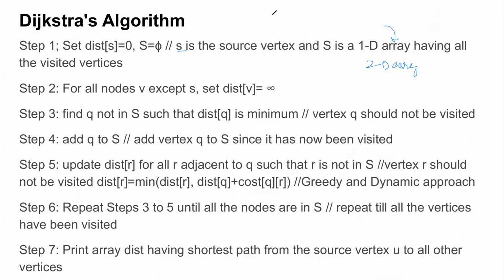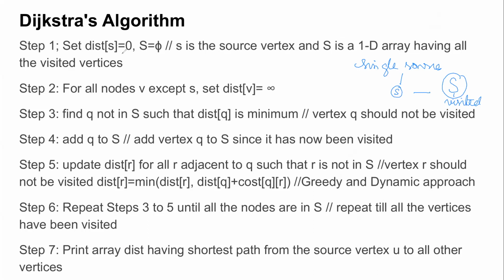Good. Okay, so what we are going to do, as I said, is a single source shortest path. Let that single source be small s. I maintain a capital S as a set, as an array, of all the visited vertices. Visited means, as I need to find the shortest path from this single source small s to all the vertices, I need to keep track of whatever vertices I have visited. So the capital S denotes the visited vertices set and small s is the source.